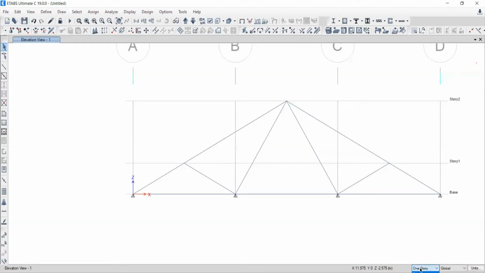What is the importance of this one story, all story, similar story? What is the role? When to use one, when to use all, when to use similar, we will understand in much detail. But your concentration should always be on the right-hand side bottom, with which option you are working, to avoid the